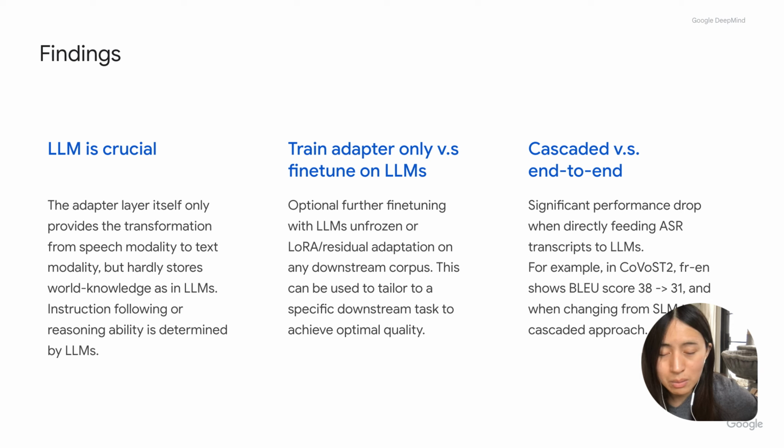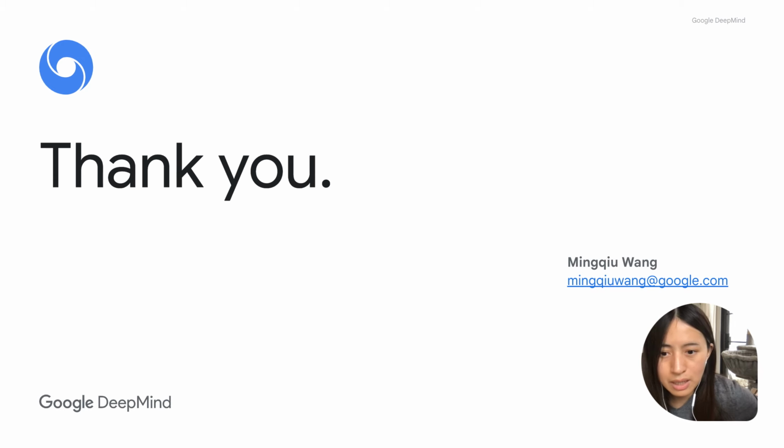Or if we ask the model to correct the pronunciations and then to help the language learning, the end-to-end system also has more advantage. But truly, if the LLM itself is robust to the speech recognition transcript, the cascaded can also be very powerful. But in our model, we just show an option that the end-to-end can also do a good job in many zero-shot prompting tasks. So that is our presentation.